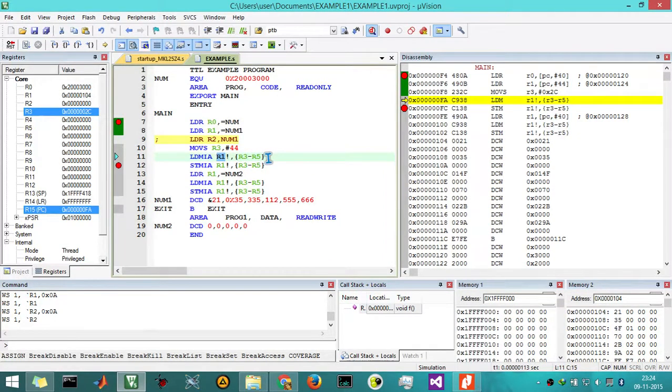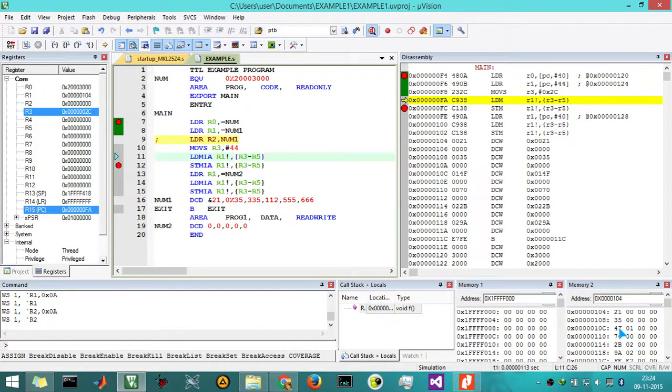R1 is pointing to location 104, which has 21; location 108 has 35, and 10C has 14F. So R3 will be loaded with 21, R4 with 35, and R5 with 14F.